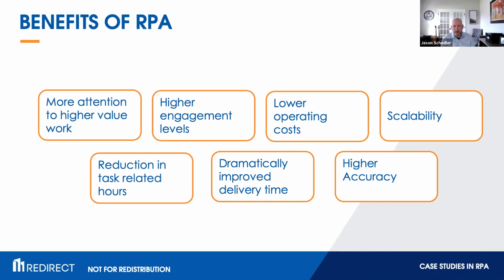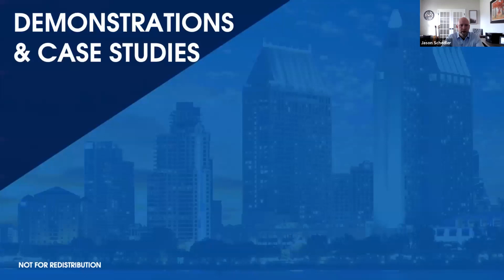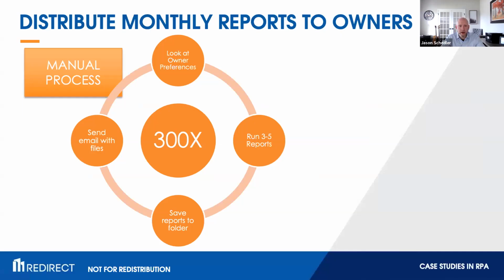It's literally just taking data from one place to another without the potential for turning a 4 into a 7 or miskeying some data. So those are the benefits. And now we'll jump into some of the demonstrations and case studies. The first one that I want to talk about is